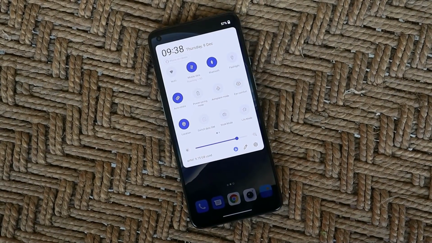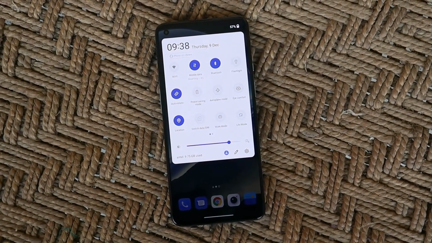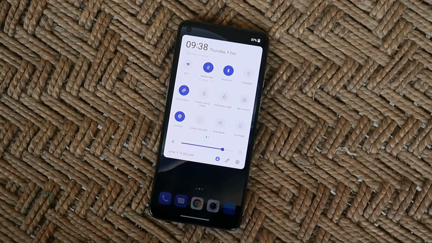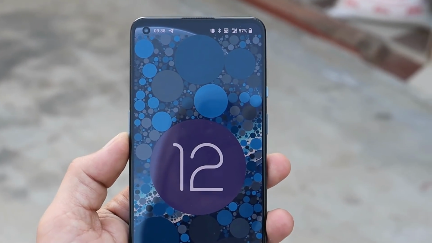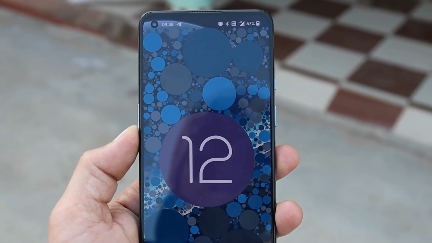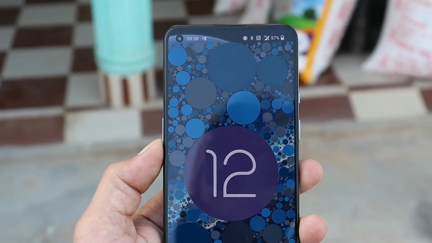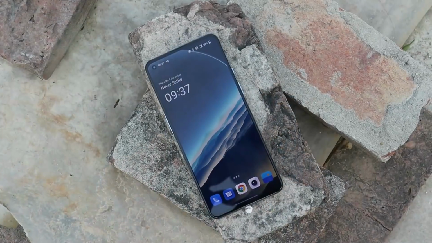And now after using Oxygen OS for the past few days, if I had to recommend someone whether to update to Oxygen OS 12 or not, then right now I won't recommend you guys to update your device. Wait for another update. Most of the things will be sorted out when it comes to battery and performance. Oxygen OS 12 does a good job. A few UI elements require a bit of optimization and correction. So right now I won't recommend you guys to update.